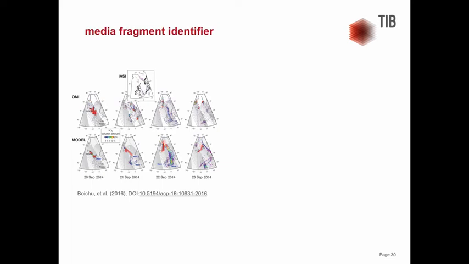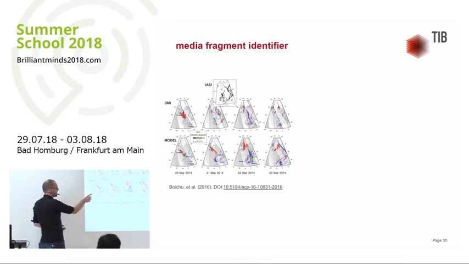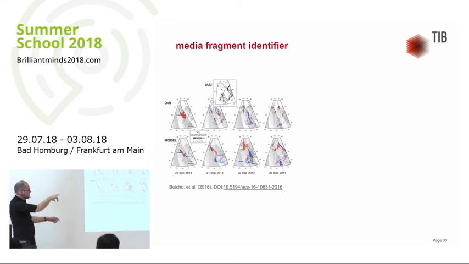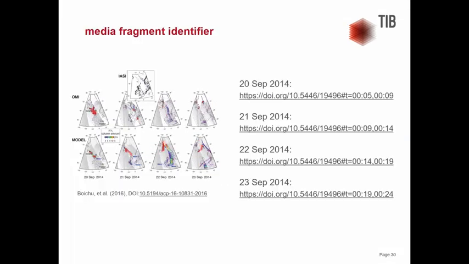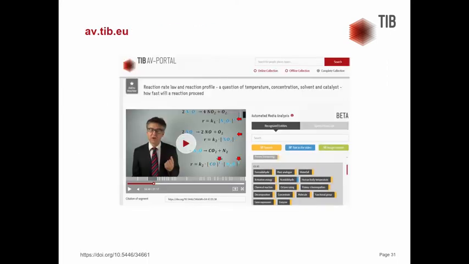And of course, you can do a similar thing with something like this, where you have the snapshots again, which were taken from a video in the paper. Each snapshot is for a single day, but in the video, the day takes like 4 to 5 seconds, and so you can cite each day individually with this media fragment identifier. That's the persistent part, so no dead links.